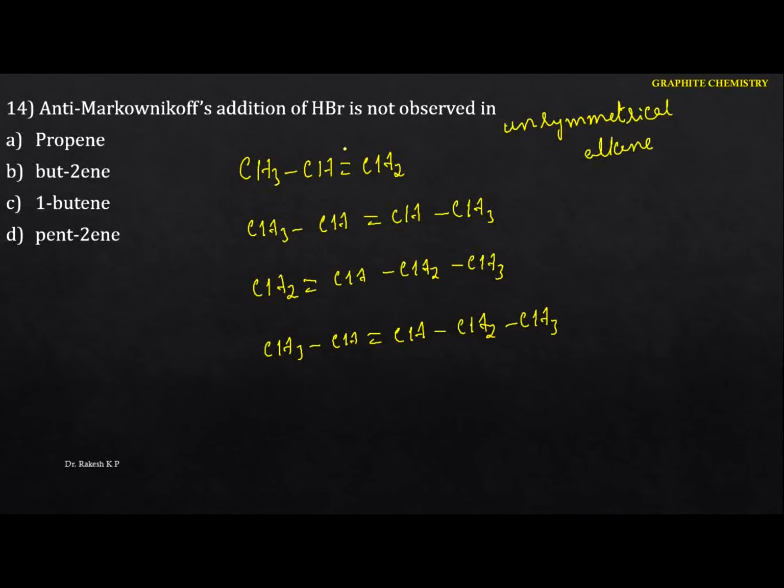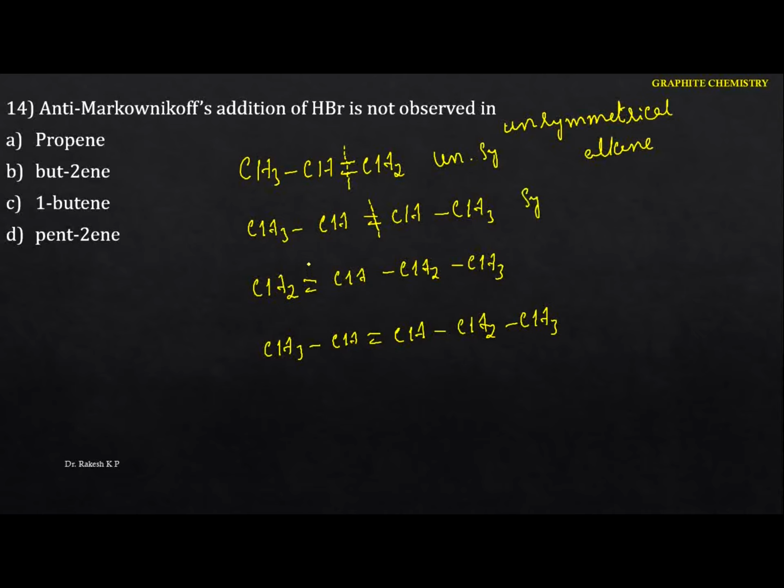Okay, just identify. If you break the compound at the double bond here, we can identify two different parts. The CH2 is different from the CH3CH. But in this one, if you break it exactly at the carbon to carbon double bond, you are going to get two equal parts. This refers to symmetrical. So this is unsymmetrical. This is symmetrical.